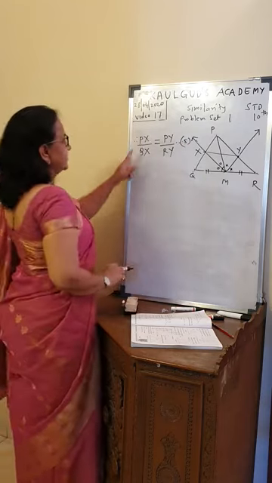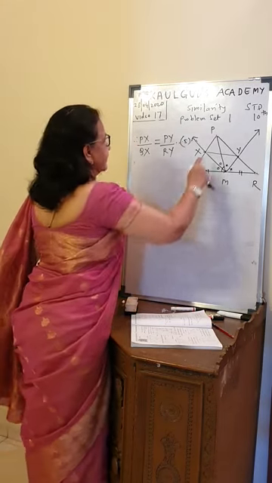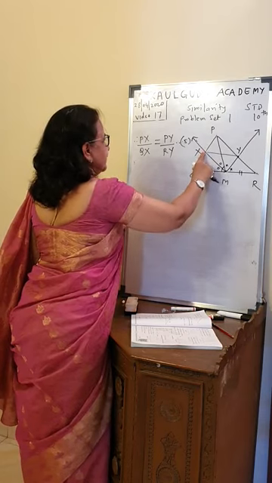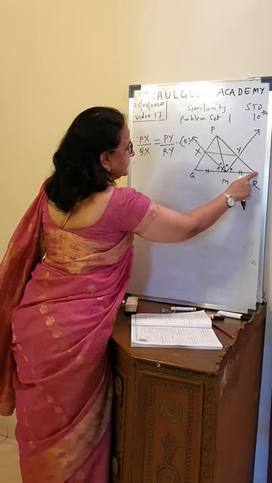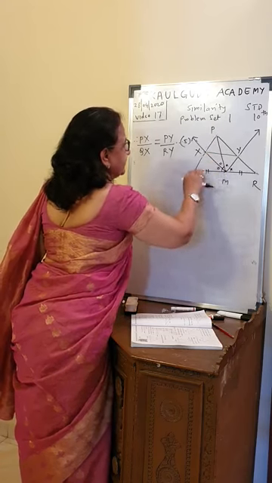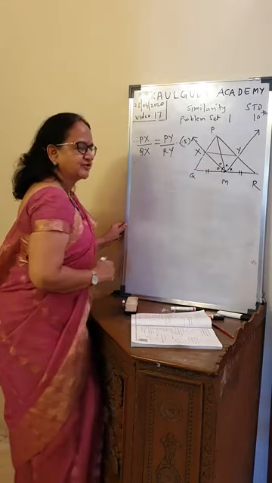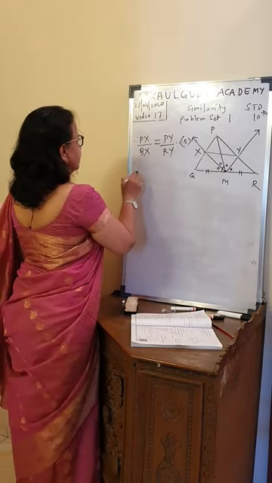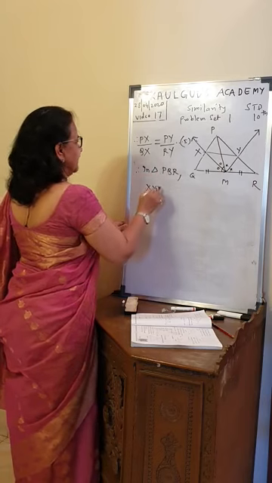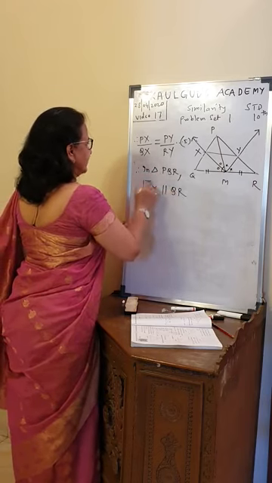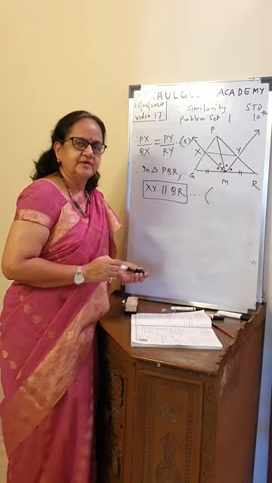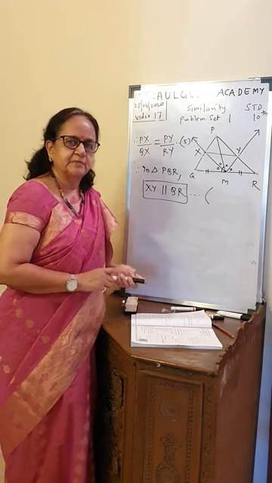And now do you see what you get? Ratios are equal. See which ratios are equal. PX upon QX equal to PY upon YR. In the triangle, ratios are equal means lines have to be parallel. Why? Converse of BPT. And therefore you can say, therefore in triangle PQR, XY parallel to QR. Put a block around that but put dots and give reason properly. Converse of BPT, basic proportionality theorem.